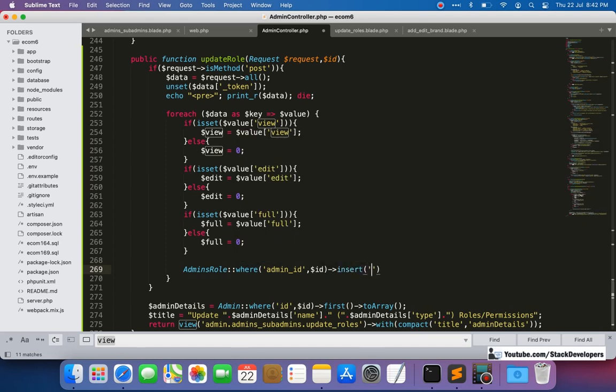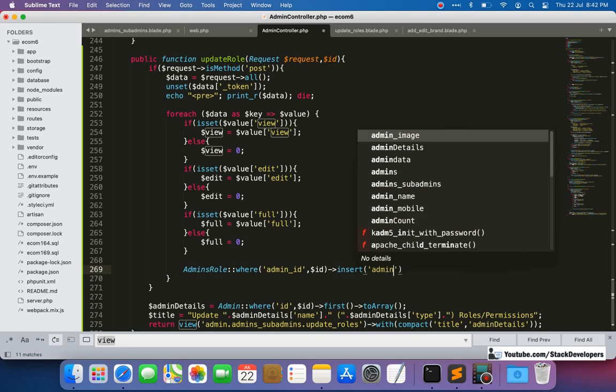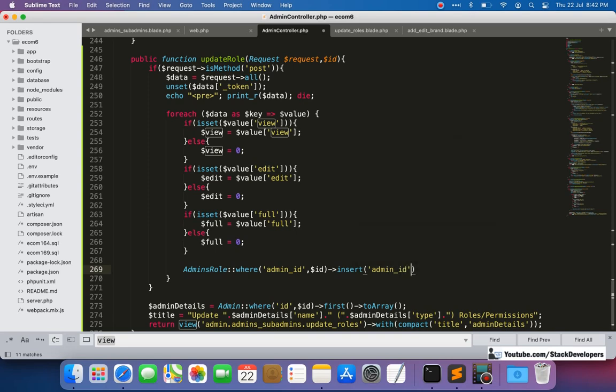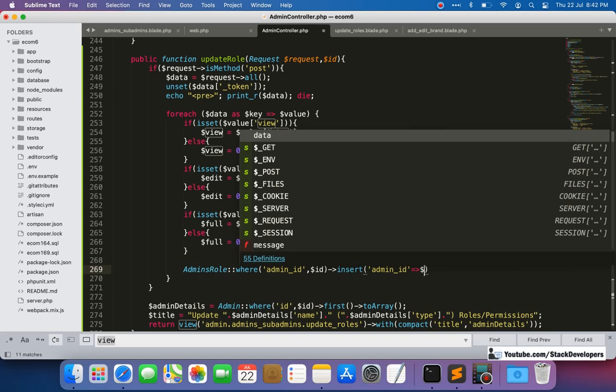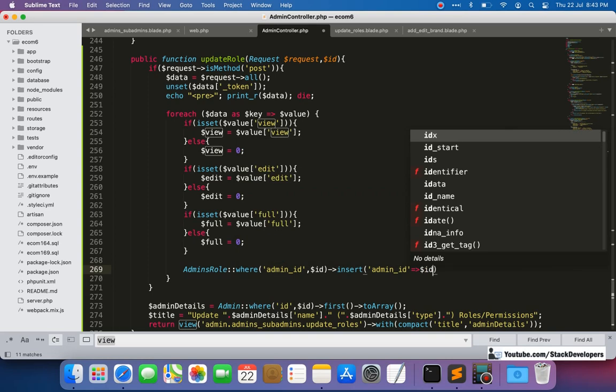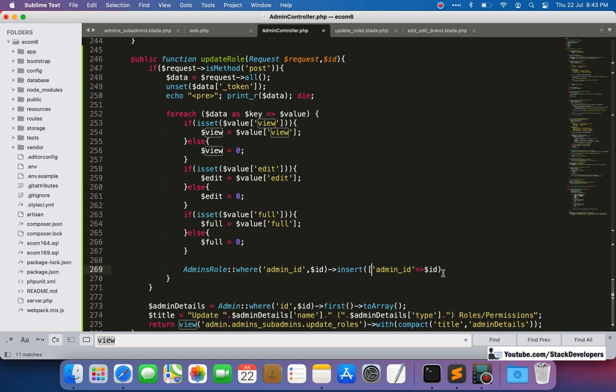First of all we are going to insert the admin id itself, that is $id. And after that, sorry, here we need to add like this one.